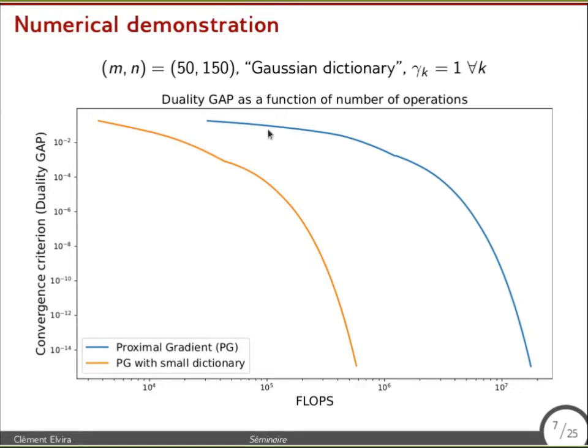And here the blue curve represents a vanilla algorithm, the proximal gradient. And the orange curve represents the same algorithm where I have used the knowledge of the position of all the 0. And as you can see, at the beginning of the algorithm, we start with the same accuracy because we use the same initialization point. However, for the algorithm using the prior knowledge, you can see that you can win on this experimental setup up to 1 or 2 orders of magnitude in computational resources to reach a prescribed accuracy.